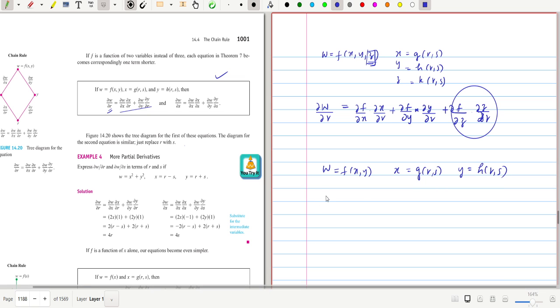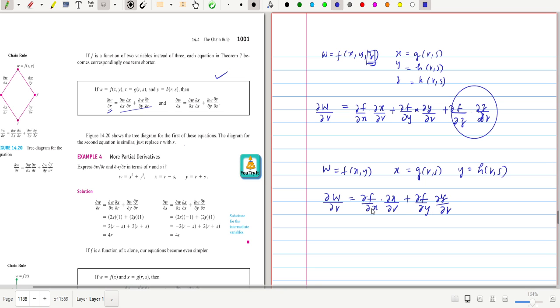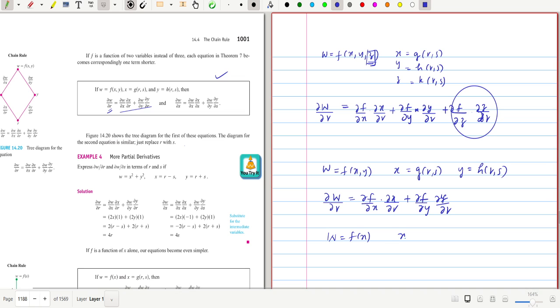In this case, we define partial derivative of w with respect to r as partial derivative of f with respect to x times x with respect to r plus partial derivative of f with respect to y and y with respect to r. This is the only possible terms for this formula. Similarly, you can define the partial derivative of w with respect to s by replacing this r by s. Now, if w is equal to f of x, and this x contains only one variable, and this x is again a function of g of r comma s,